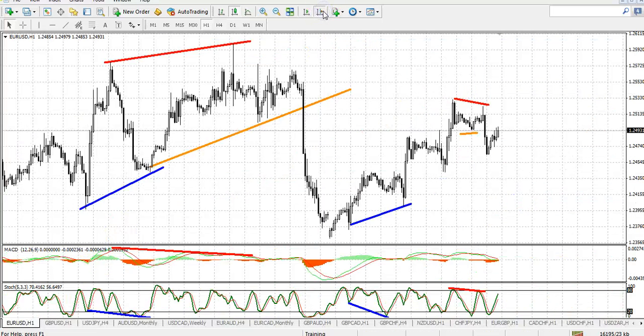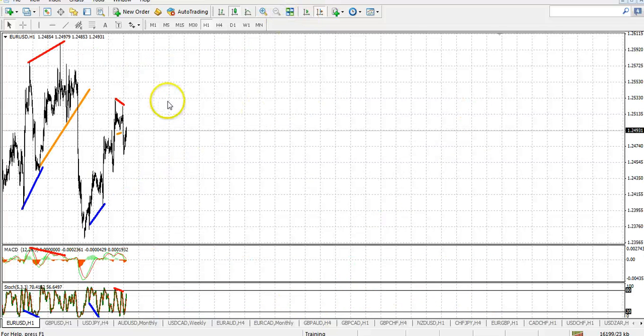Okay, so last week we had a very basic divergence discussion. This week we're going to do it a little bit more advanced. So first of all, the market makes 2 high points, and our oscillator indicators